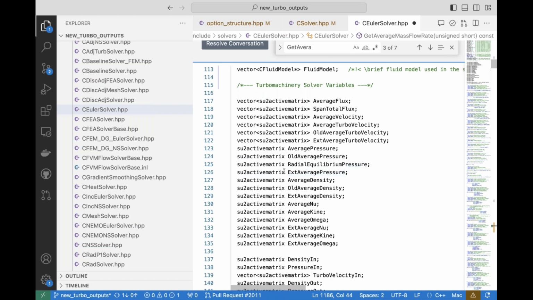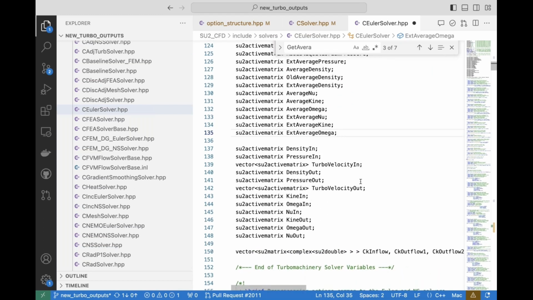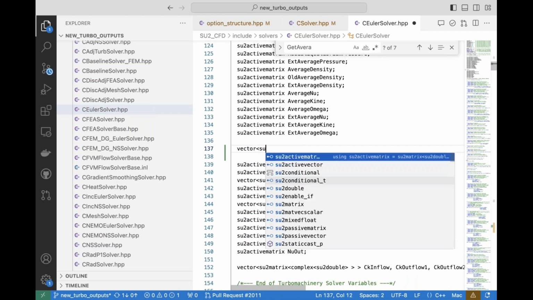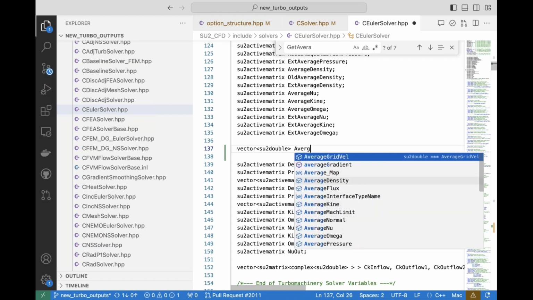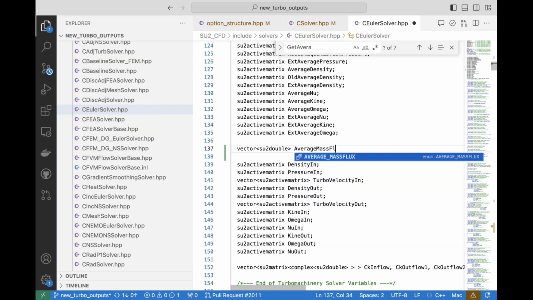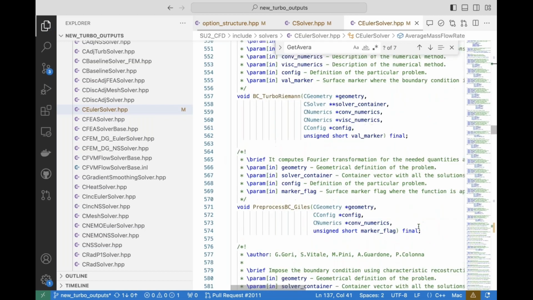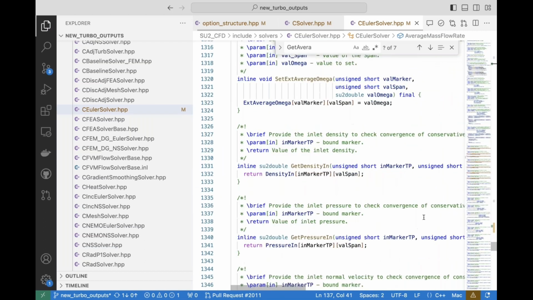These variables are an active matrix where we calculate along every span, and the values are double where we calculate for each marker. Because we only need this for each span, I'm going to call it vector SU2 double average mass flow rate. Okay, and then hopefully when we go further down to where we've just put in our function,